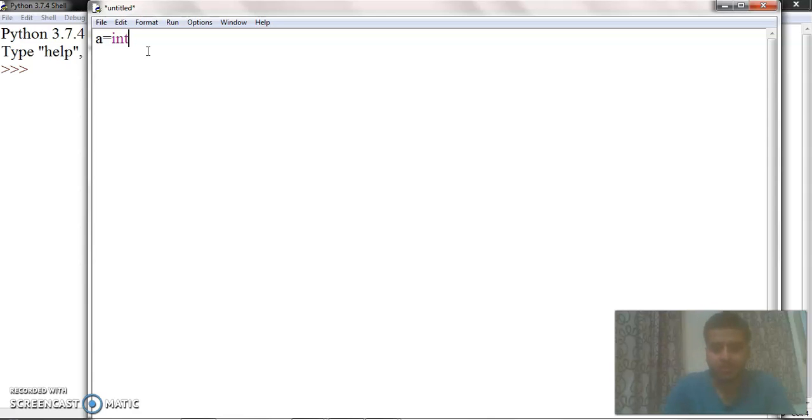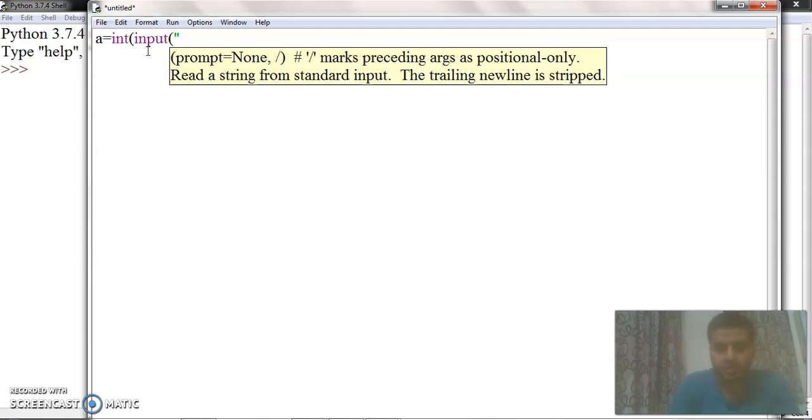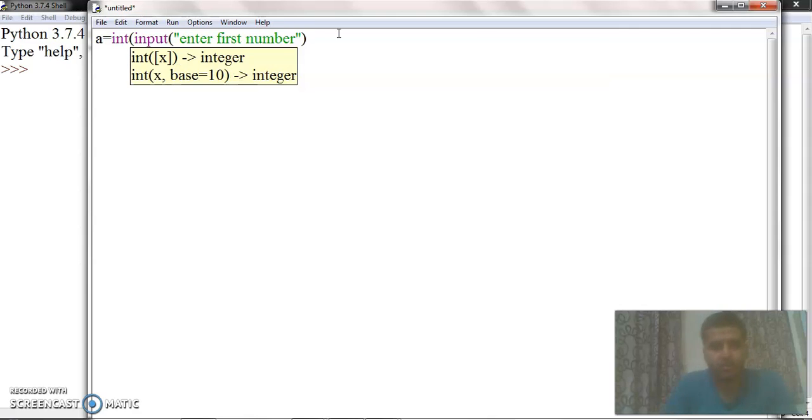So a equals int, input, "enter first number". It's a user-defined message; you can type anything you want, and then close the parenthesis.